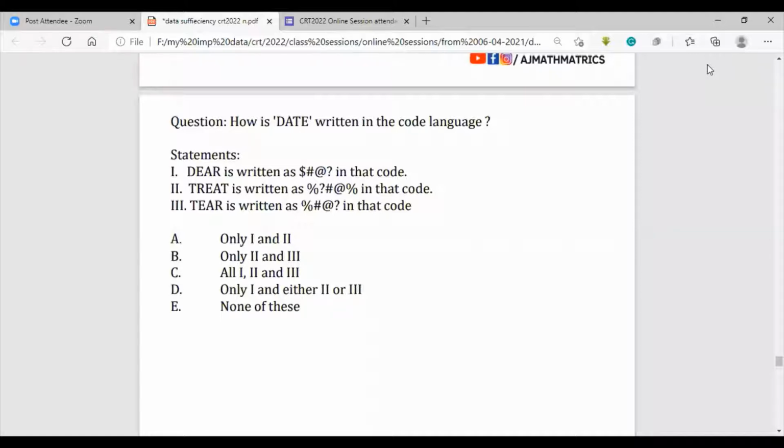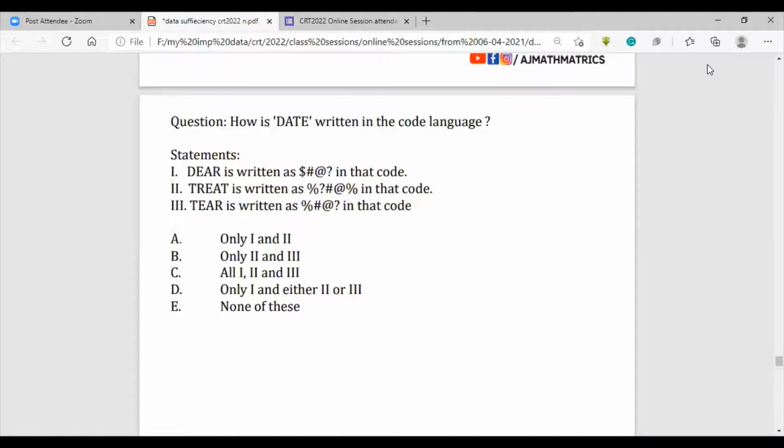Previously, we read the question and started solving the statements. But for this kind of question, I suggest you do this method: first read the options and solve from the options. Option A says only 1 and 2, so try with 1 and 2. No need to solve independently here, because the options are like that. Solve option A, 1 and 2 combined: will you get the answer or not?